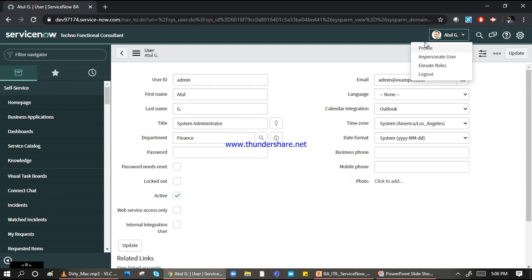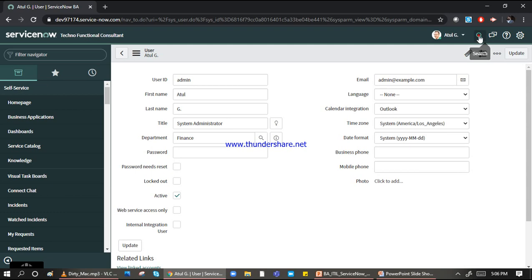So these are the things available for the users on the platform. The next one we saw in our slide is the global search. Global search is this magnifier glass. This is the search in ServiceNow, and it is called the global search because in this search option you can search anything.